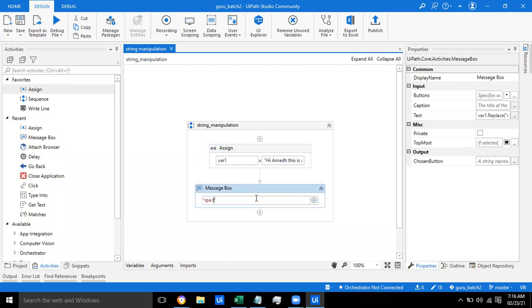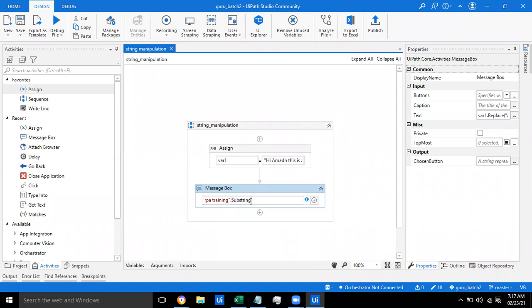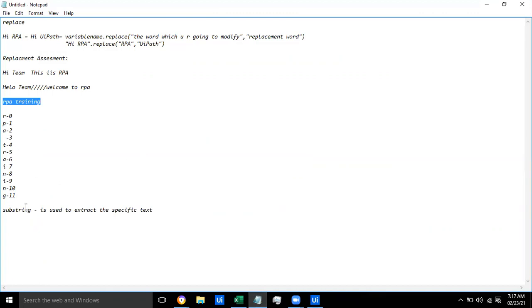So this is the statement, guys. Then dot substring. So this is what the syntax is, guys.